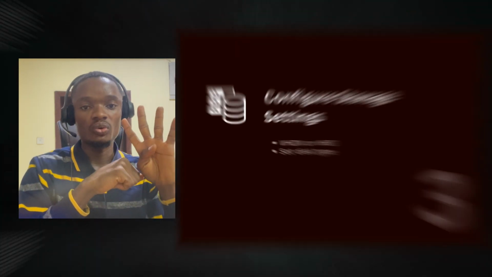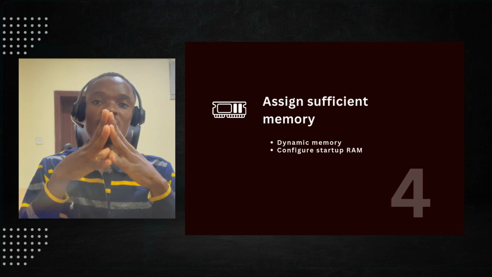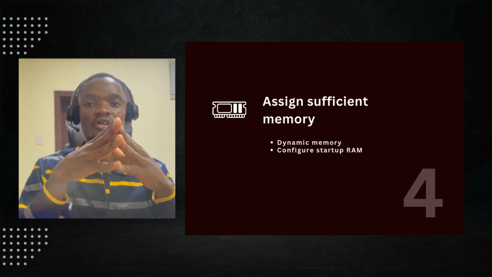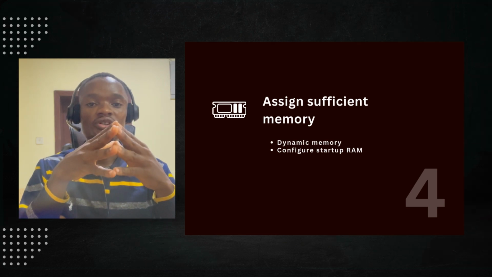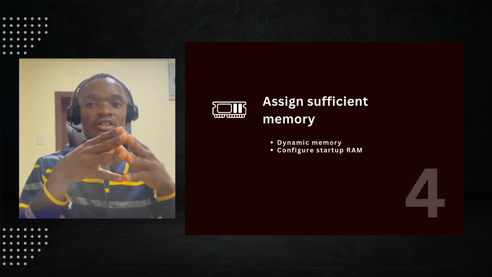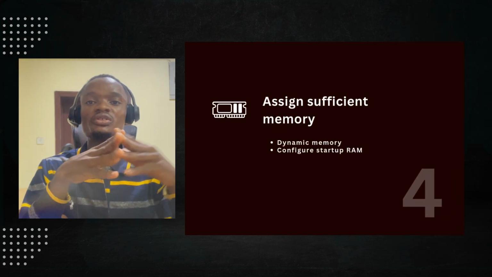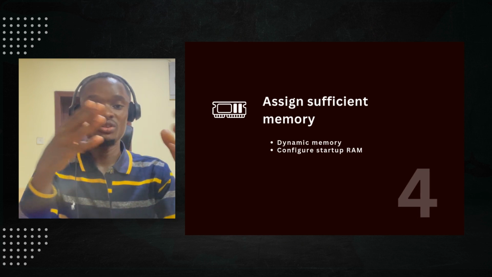Key number four, assign sufficient memory. We know that RAM allocation is critical for stability and performance. In light of that, when you are setting up your virtual machine, ensure you set the startup RAM according to the workload requirement. That means you have the option to either enable dynamic memory to allow your virtual machine